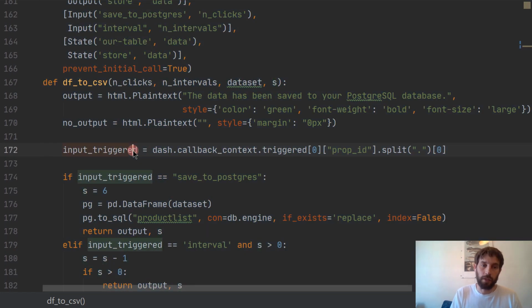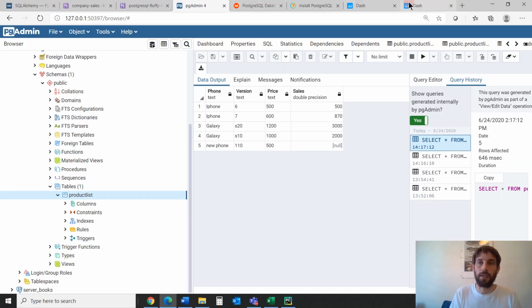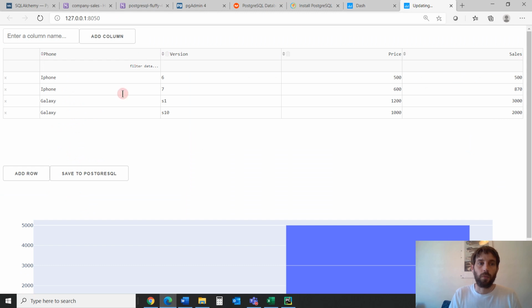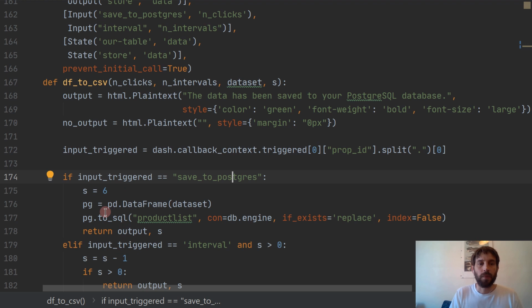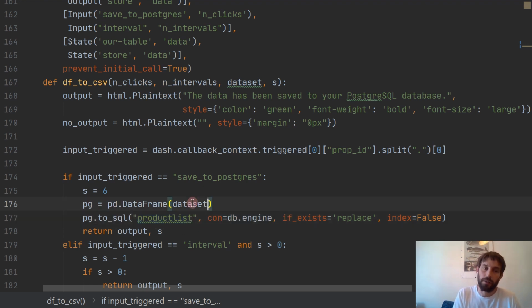The only difference is that now whenever the save to Postgres button is clicked, which is this button right here, whenever this button is clicked, I'm going to tell my app to actually take the product list, connect to the engine, take the product list table, and pass it, take the whole data from the data table on the app, call it PG, and then pass the PG to